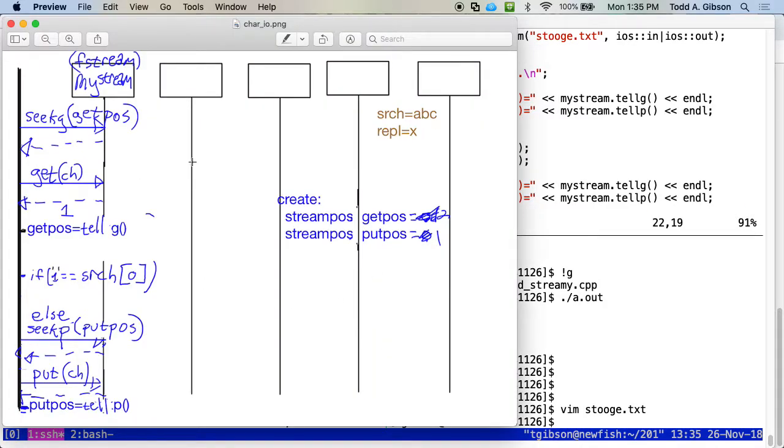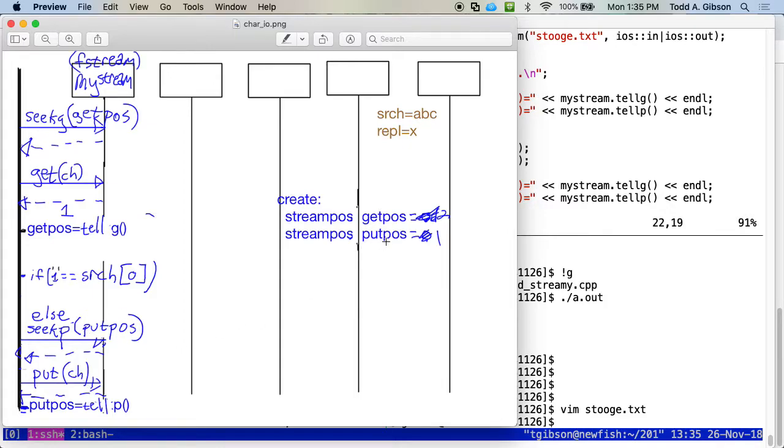where this diagram comes in, the other parts of it. So starting here, I do the get, it gives me the 1. Before I do the put, I have this idea of these two variables. Before I do the put, I should do a seek p on this variable.